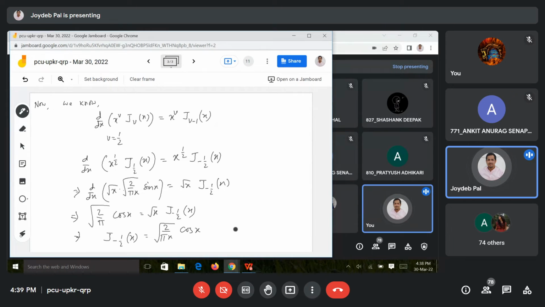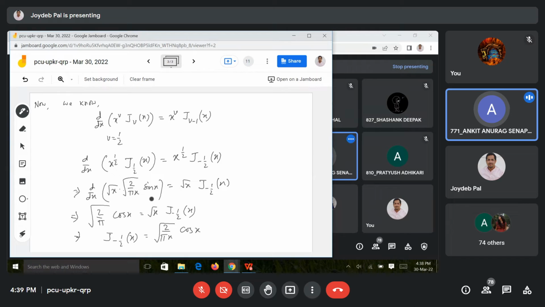Don't apply the property directly and don't write "J half is equal to, we know that, square root of 2 by pi x sin x." You have to prove it first. J half is equal to square root of 2 by pi x. Sir, in exam we can prove J half and do this process to find J minus half. Yes,